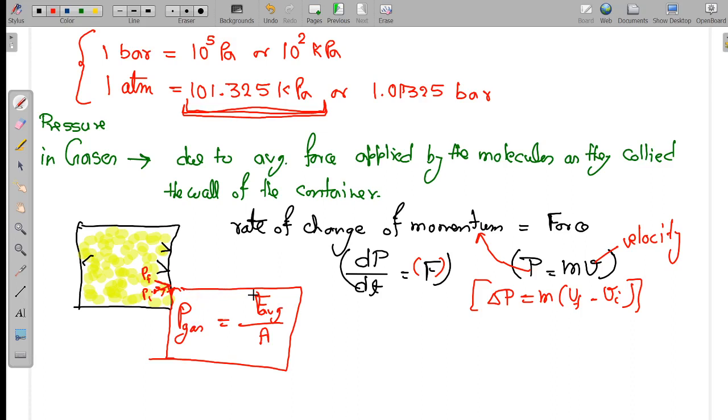Okay, so we can easily see, if I start heating this container, what will happen? The energy of the molecules will increase. If the energy of the molecules increases, the random motion will increase. Now with high energy they will strike the walls, so the average force value will increase. So the pressure of the gas will increase. You can easily visualize why the pressure will increase when we heat this container. So that's it for the pressure.